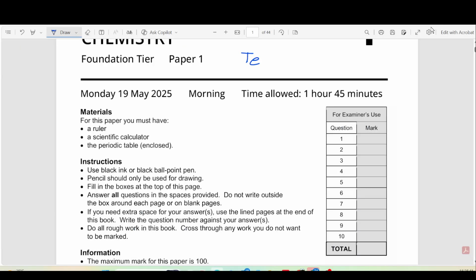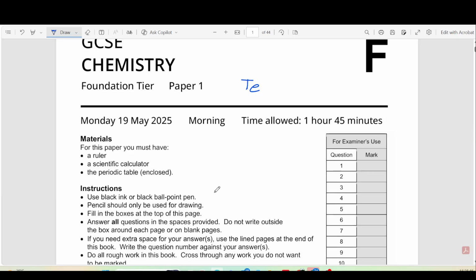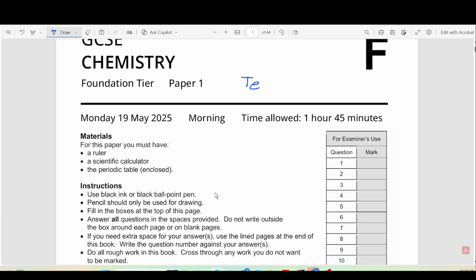Hello everybody. Today we are going to do this foundation paper chemistry AQA 2025